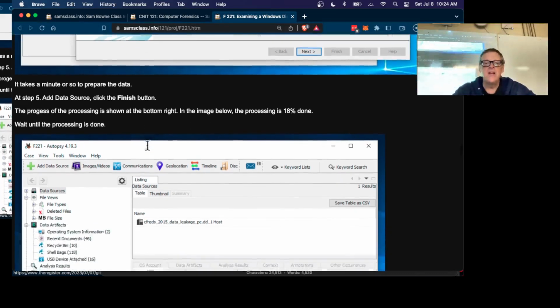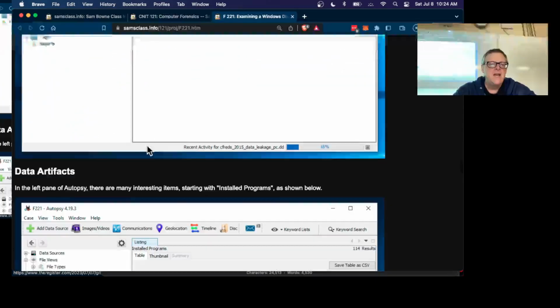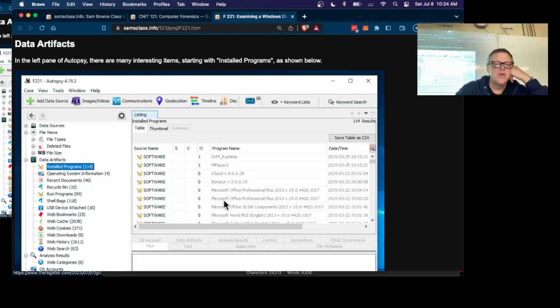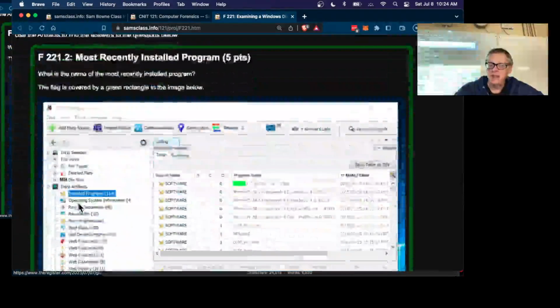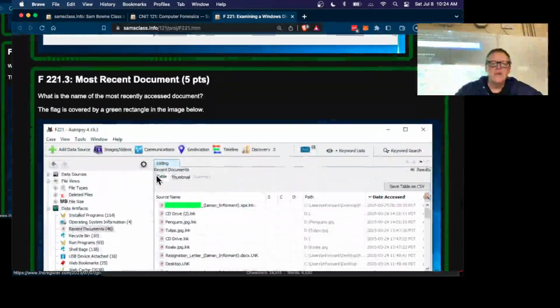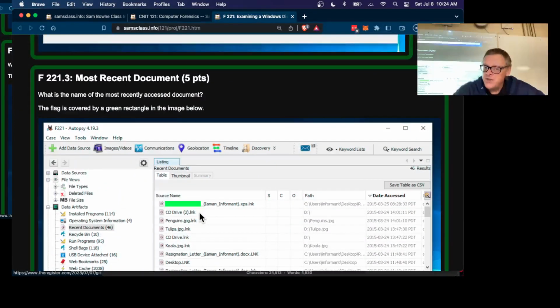Might take longer depending on the hardware of your machine. And then you can find some data artifacts here. It'll show you, for example, the installed programs, operating system information, attached USB devices, shell bags, all sorts of stuff. And so there's a few flags to find. Recently installed programs, the most recently opened documents,